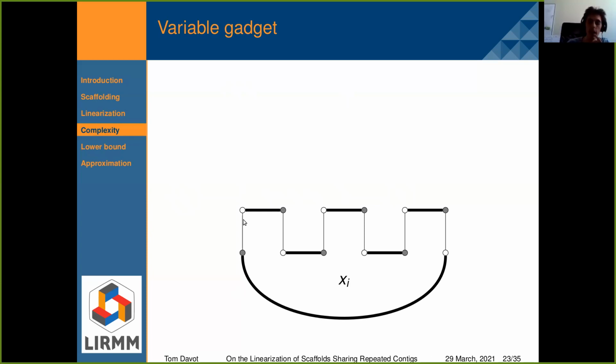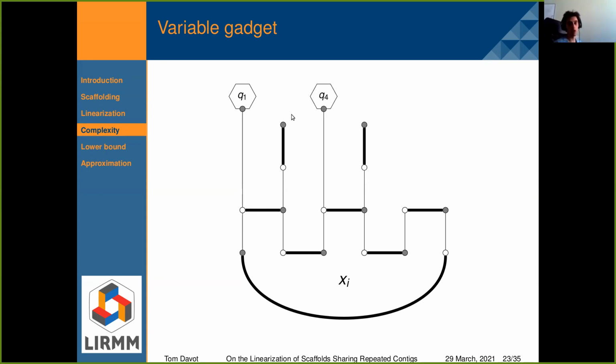I choose 1 matching edge out of 2 of this cycle, and I link each of these matching edges to a clause gadget. For example, xi occurs negatively in the clause Q1, so I link the clause gadget Q1 with a white vertex of this matching edge. And I also add, like for the clause, a single matching edge here.